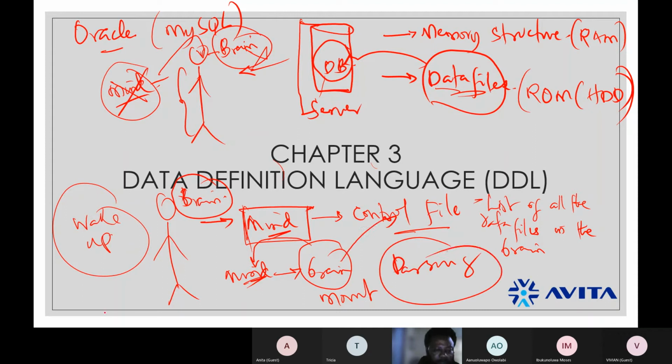This is becoming a bit technical, but it's all right. Just follow me, right? Your mind did a parsing on the control file to say, is it information that I have? Oh, yes, it's information that I have. Then your mind reads that information, understands it, then it gives you back a query. I mean, it gives you back a result.